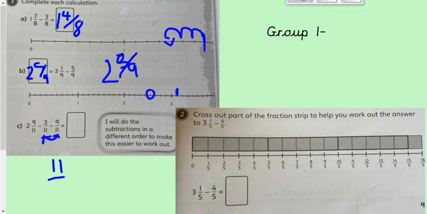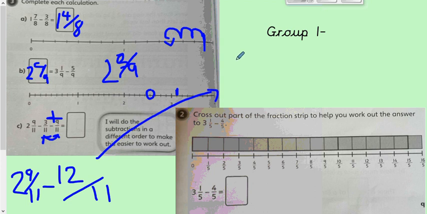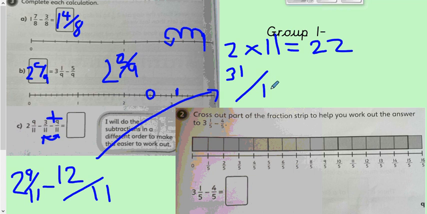Sorry, I don't know what's gone into me. There we go. 12 elevenths, because I've just added these up, and then I'm just going to take that away from 2 and 9 elevenths. Because that's just easier for me. So you could have drawn a number line to help you work that out. I'm going to do it the abstract way, so I'm going to make the other one an improper fraction. So 2 times 11 is 22, and then I'm going to add that to 9, so that would be 31. 31 elevenths, take away 12 elevenths,